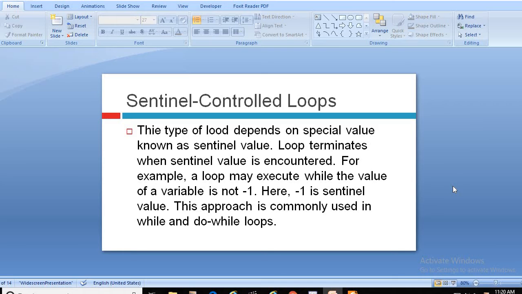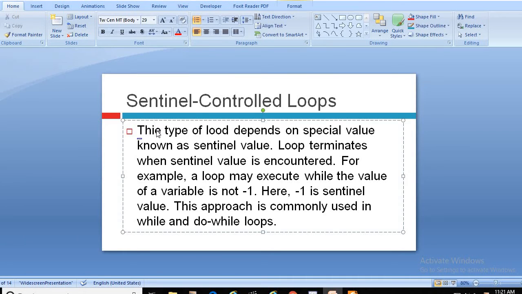The second type of loop is sentinel controlled loops. In this type of loop, the sentinel, if you look in the dictionary, means a value that occurs when some event occurs or some value is encountered.